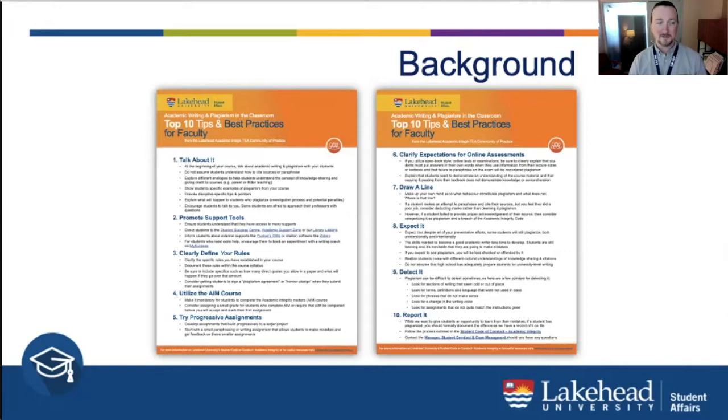Now, since our group does talk about academic writing and plagiarism a lot, a lot of our conversations center around helping students develop these academic writing skills. It just naturally made sense for us to make the first resource that we produced and put together as a group related to that subject. So that's what we did, and you see it on the screen here. This resource is really going to provide the backbone for today's presentation.